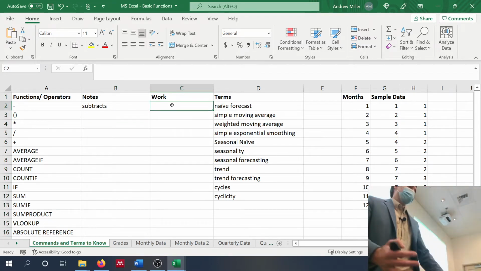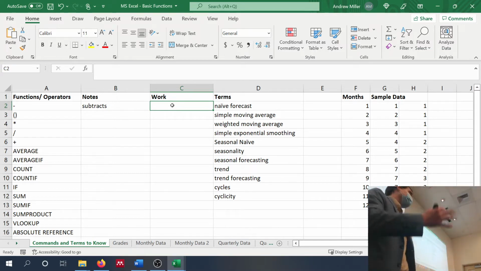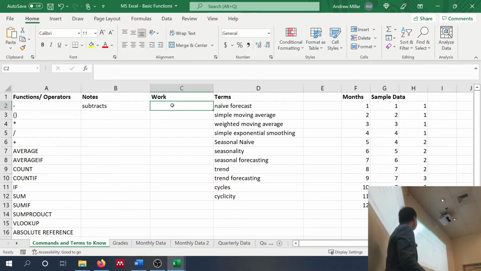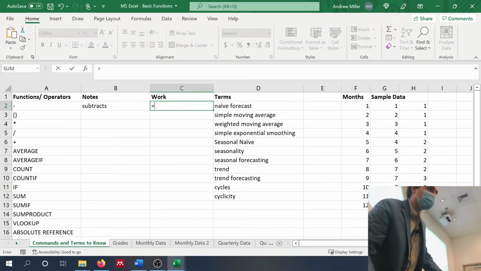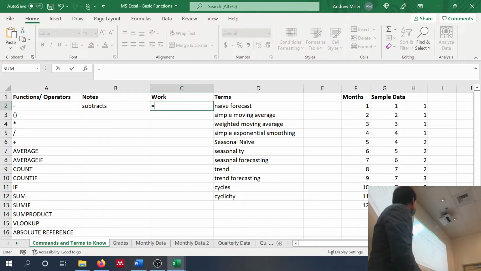So let's see an example of how we use this operator minus. There's a couple different ways to start off Excel equations. Most commonly, and this is the way that I strongly prefer, and I suggest this is the only way you ever do it, you start off an equation with the equal sign. So you literally just press equals on your keyboard, and you can see we're inside the formula bar, but we're also inside the cell. And you can just type in a number.